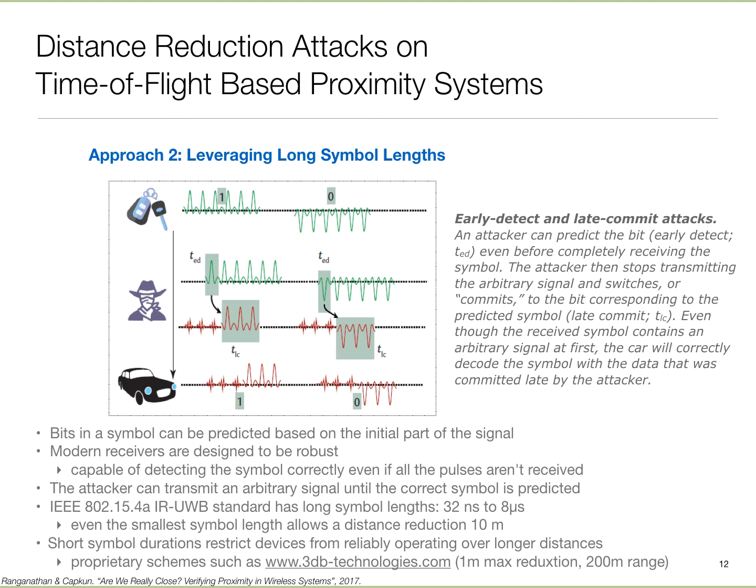So in this kind of attack, leveraging long symbol lengths, that's essentially what the adversaries do. They make use of the fact that we design communication systems to be robust, and in order to do so, we transmit things over a long period of time. And so an adversary which can examine the opening part of that symbol can figure out what it is and then respond based upon that, without waiting for the whole symbol to come through. So even a fraction of a microsecond can benefit from that.